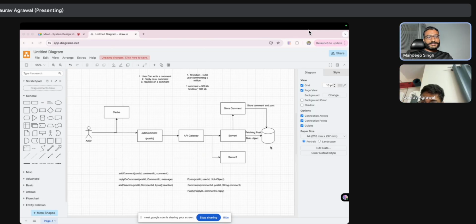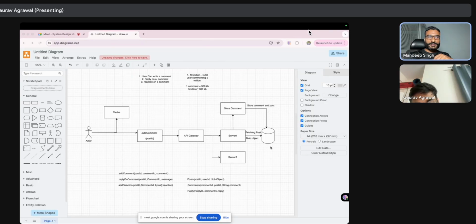So my general approach is, as I mentioned, I do not go to database choice directly. My thinking always starts from what is my expectation, because we start from the requirements, right? What is the kind of data I want to store? I know that I want to store comments, posts, replies, and all.